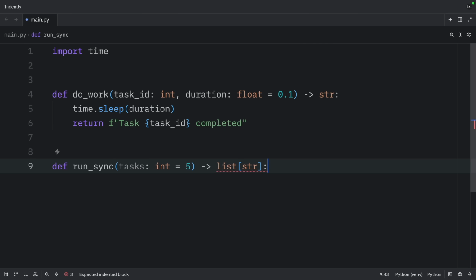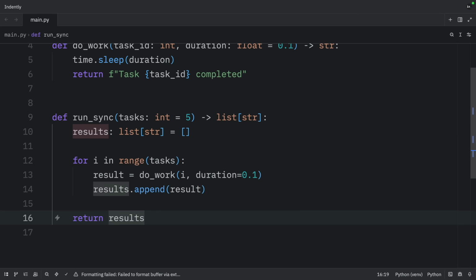And to do that, we're going to create a function called runSync. And the body is going to look like this. And this is the synchronous approach. We do one task, wait for it to finish, then do the next one. This is simple and straightforward, but it can be slow if we have many tasks that could potentially run at